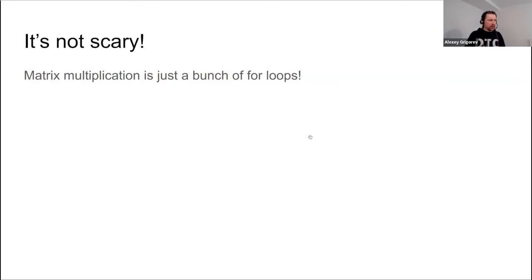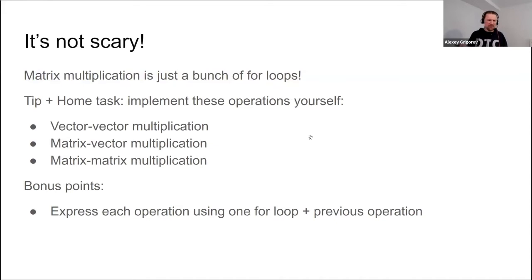This is the approach I took myself when I was transitioning: I was trying to break down these formulas into code. Once I have them in code, they are not scary anymore. So you can try to implement, let's say you have two vectors and you need to write some code for multiplying them. Then you have a matrix and a vector, and you want to write some code for multiplying them. And then finally, you take a matrix and another matrix and write some code for multiplying them.